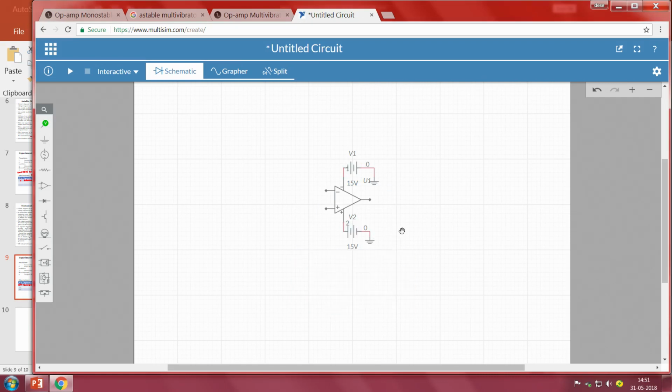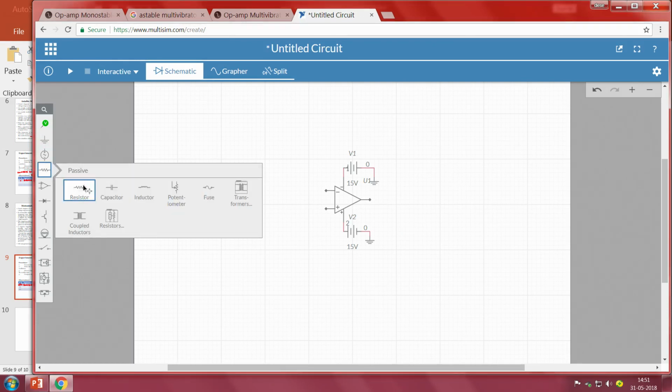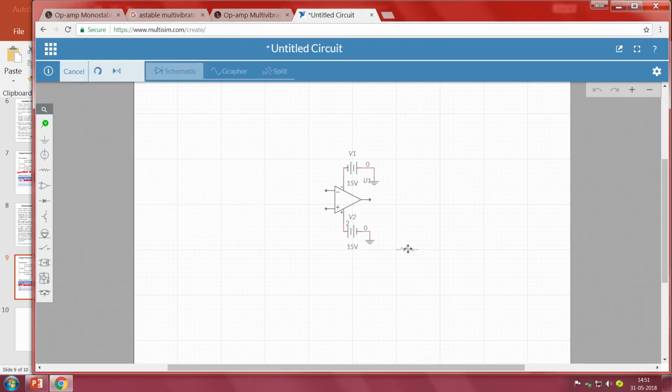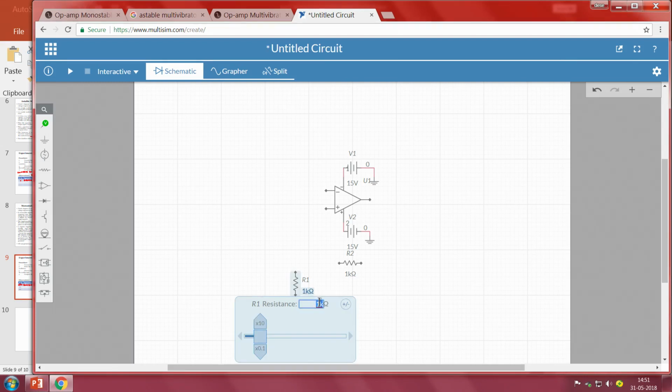Then what next? I have to take R1 and R2 resistors, as well as R and C, and the diode too. So I will place everything. Let us take this one as R1, which has to be connected to the positive terminal. A little bit down, I will take one more resistor, R2, which is the feedback resistor, positive feedback, and both values should be 10 K. So I will replace these with 10 kilo ohm resistors.